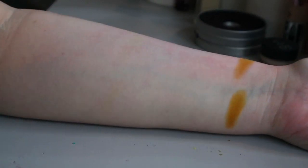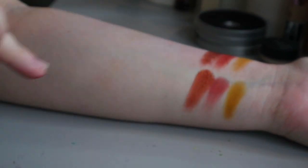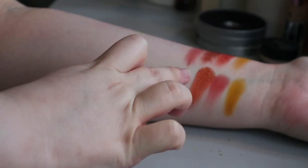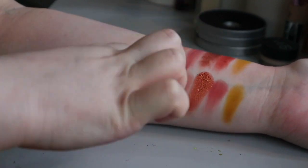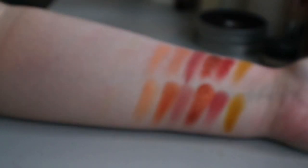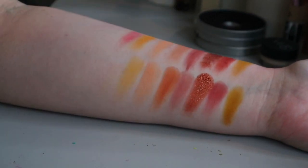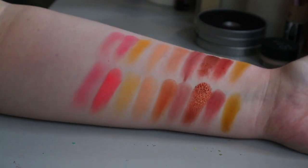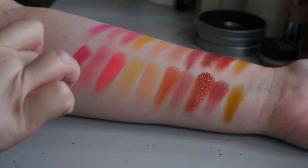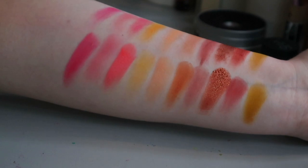And now we're going through from Clay to Hibiscus on the BPerfect palette, and Cider through to Invitation on the W7 palette. Again, you can see here really similar in terms of color story. There's definitely one palette that swatches better than the other, and some I did have to do two or more swipes on, like that particular shade, Living versus Coral. That third last shade, you can really tell is quite different on one palette versus the other,